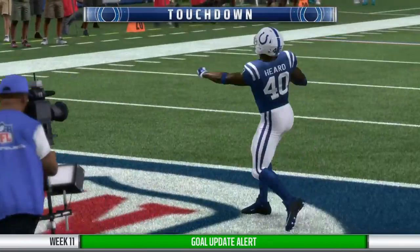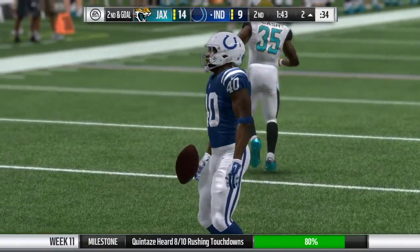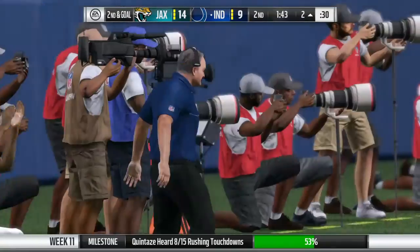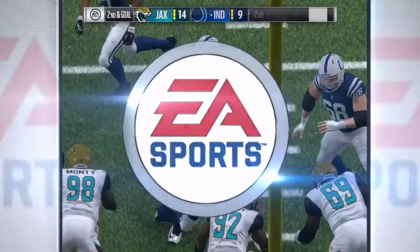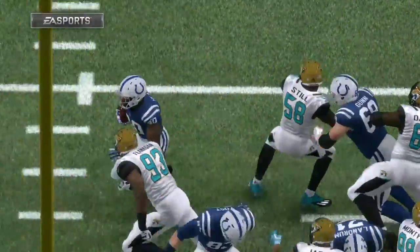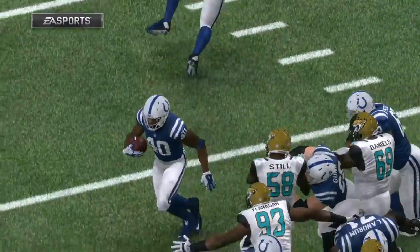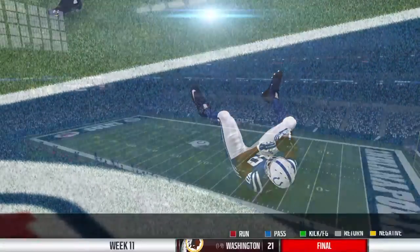And he takes it in for a Colts score. A great effort there with touchdown number 8 on the year. And the Colts have got it back to a 1-score game. And Charles, he's able to dive in there in a short yardage situation. Just find a place to get to the end zone. Didn't matter where it was, but once he did,